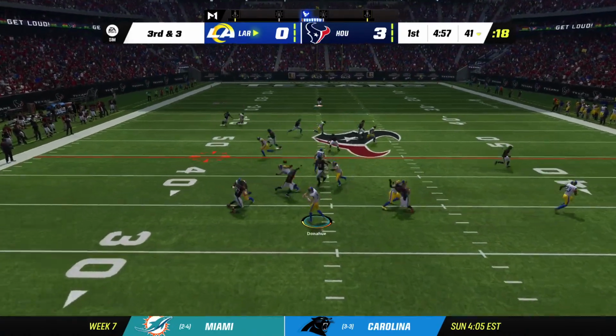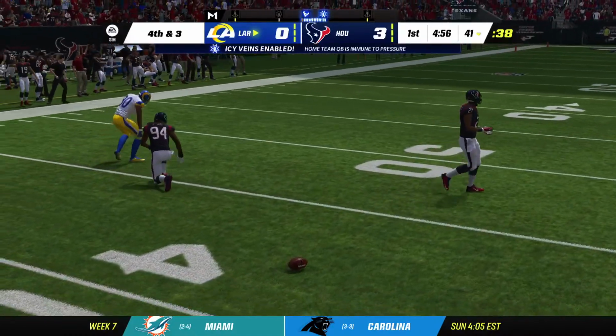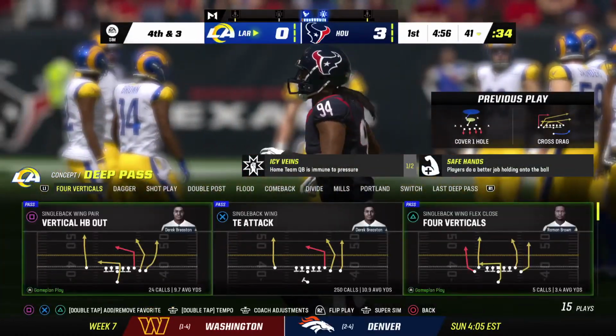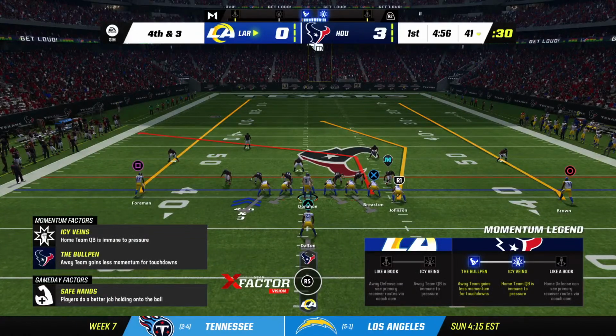Looking to throw. Donahue. Oh, they would have gotten the conversion if he could hold on. Instead, the drop means it'll be 4th down. I'm quite sure that they envisioned a much better start to this game when they practiced all week. They failed on that 3rd